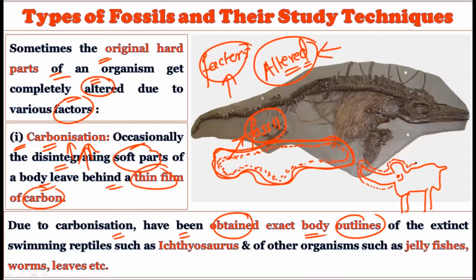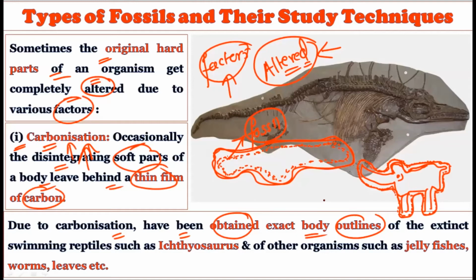See, like this, the thin film of carbon is there. Only the carbon form, a thin film of carbon, remained there, and whatever the original structure was, it got petrified, or mineralized, or disappeared due to some reason or another. Now what we have is only the outline. See, this is an outline. So from this outline you can actually draw the shape of an organism like this. Okay, such a shape was possessed at that time by the organism which got fossilized. So the general outline you can obtain from this thin carbon film.